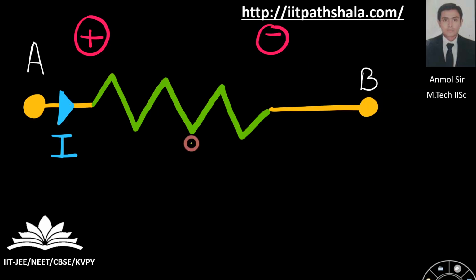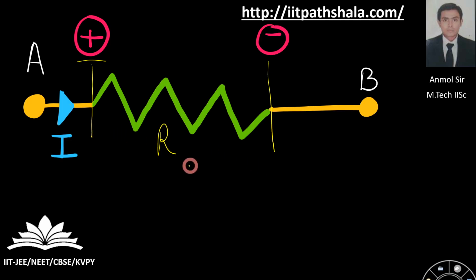Now, as you can see over here, I have made a circuit. You are having your current flowing from A to B. The first step is to mark the signs across the resistance R. Wheresoever the current is entering, you will be marking the terminal as positive, and wheresoever the current is leaving, we will be marking the terminal as negative. So hence you can say that you are going from a positive to a negative terminal in case of a resistor.